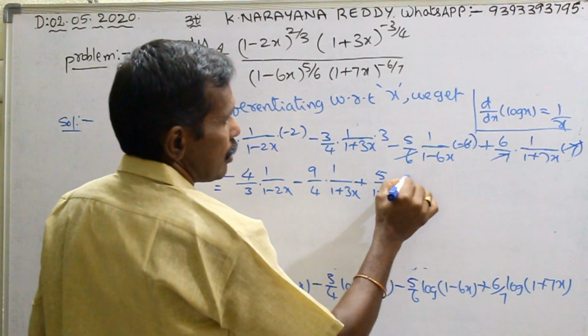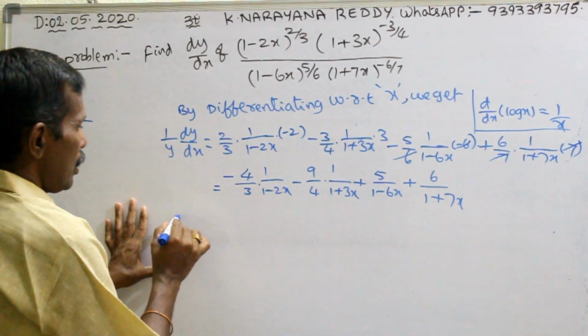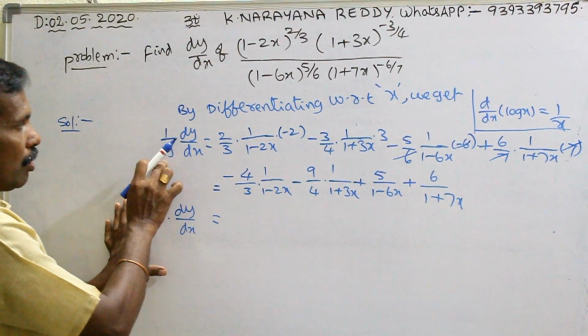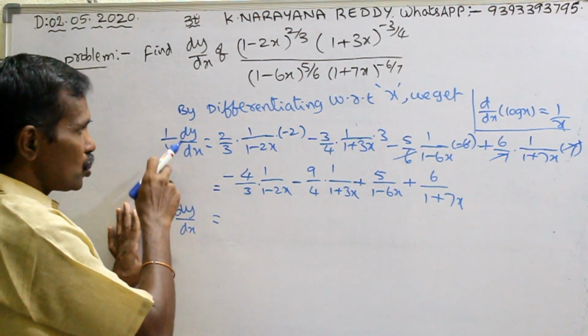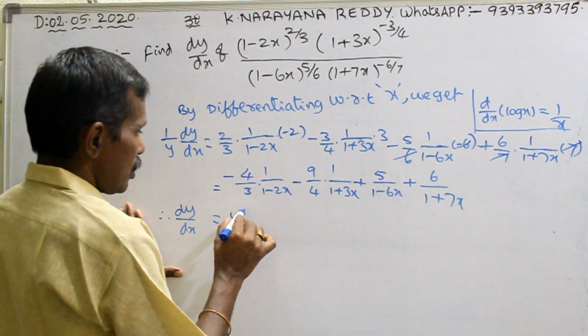7 cancel, plus 6 by 1 plus 7x. Therefore, dy by dx equals, y goes to the right side. Here y is in the denominator. Whenever this goes to the right side, that will come to the numerator, y into,